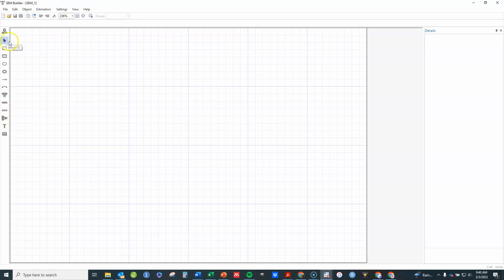The arrow is just a select tool. This rectangle is for adding observed variables, okay? This other rectangle is for when we've got a generalized response model. That's for much more complex models than we'll be doing here in this video. And again, we've got oval for latent variables, and this double oval goes to the GSEM. Make sure your GSEM is not selected, or it'll highlight if it is. It allows you to do these more complex things, but it will also give you an error when you're doing something simpler. We've got one-way arrows for paths, two arrows for correlations, and we've got this tool, which I call